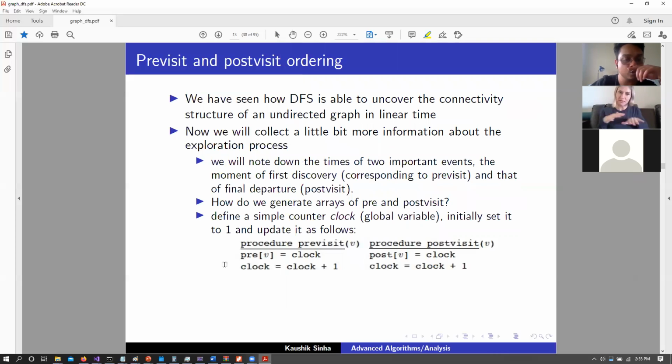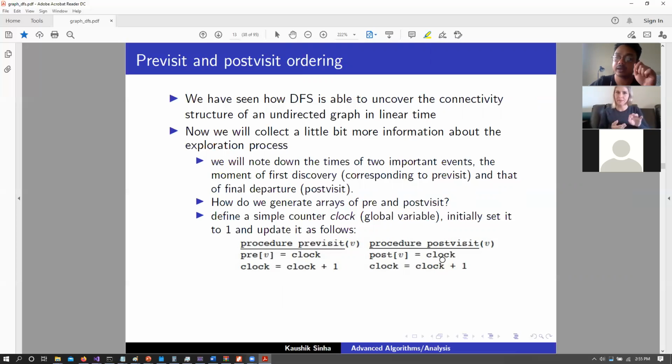So what can we do? We can maintain two more vectors, one for pre-visit and one for post-visit, each with the same length as our number of vertices. Let's also maintain a counter, a clock, that has to be a global variable. Every time we call pre-visit, we assign the current counter to our current vertex V, and then increment the counter by 1.